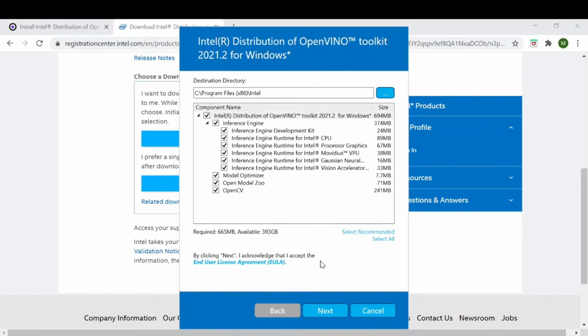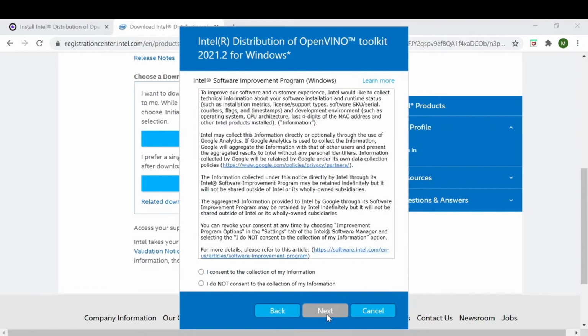Now we'll see all these options. We'll leave it as it is, and it is better to keep the default directory. So we'll click on next. Then you can choose whichever option you would like to, and then you'll select next.